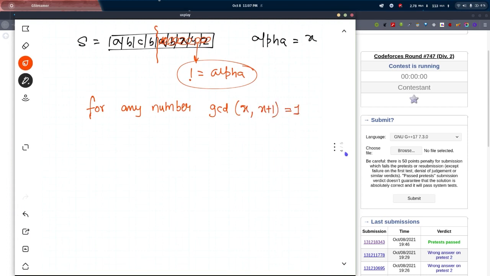Remember this can be useful in different problems too. GCD is just the greatest common divisor, or you can say the HCF, of x and x plus 1 is equal to 1.